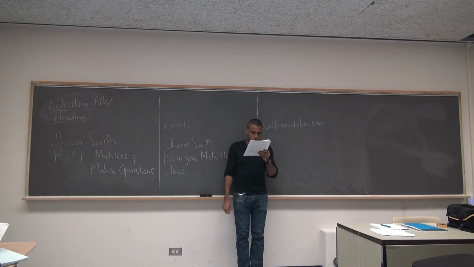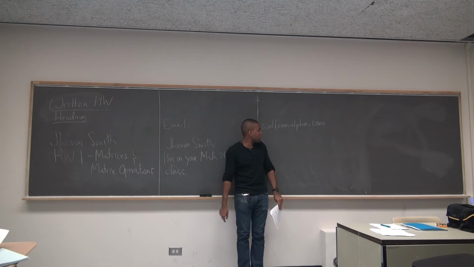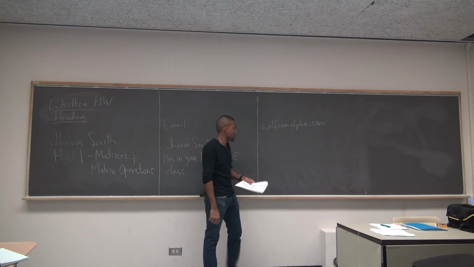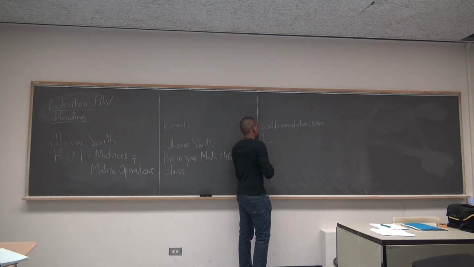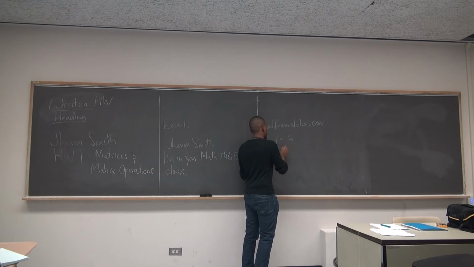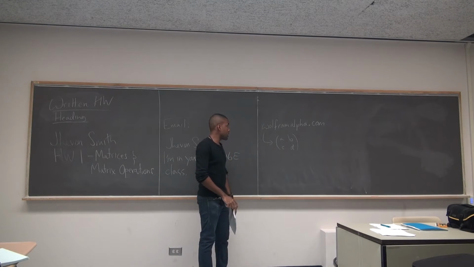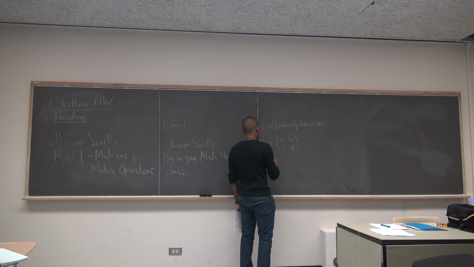So in this class we'll be doing things like this. You can find out answers to all sorts of questions from Wolfram Alpha, and you type it in ways that you don't need a specific programming language per se. You can type as you would just asking a person questions, and it can actually figure out a lot of things. So for example, we will be using things like matrices in this class, so you might see an object like this. We'll talk about it later on in a bit, right? Where A, B, and C are numbers, for example. If you're entering this into a computer like Wolfram Alpha, you enter it in the following way.